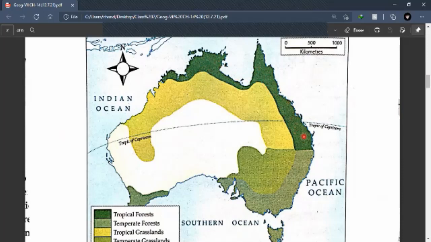The second natural vegetation region is the temperate forest. Temperate forest is being shown with light green color. The temperate forest of Murray-Darling Basin have trees like pine, birch, eucalyptus, etc. The trees that grow in these forests are deciduous in nature. The softwood obtained from these trees is used in paper industry.